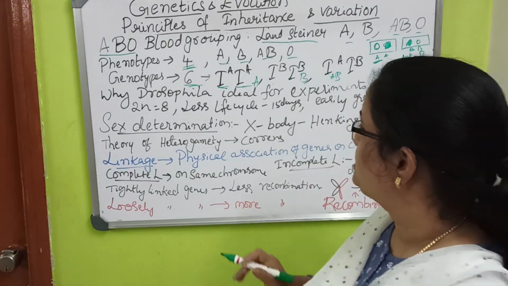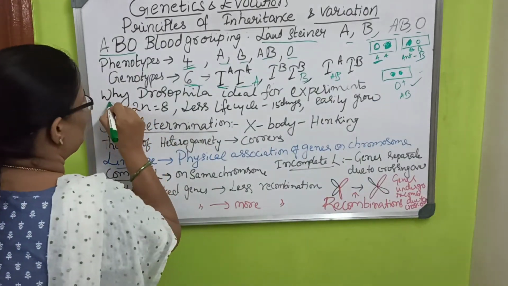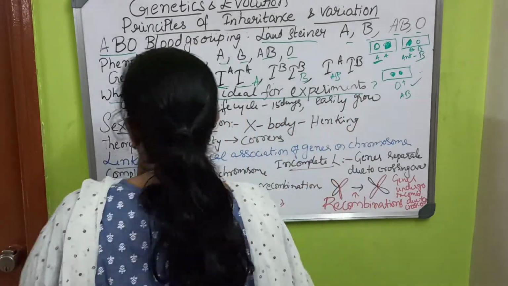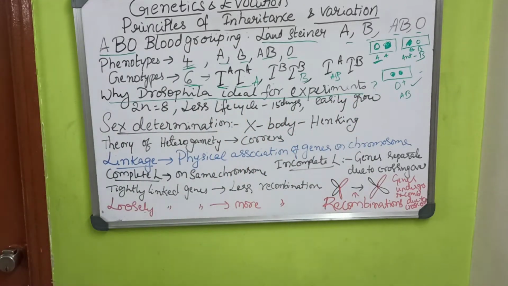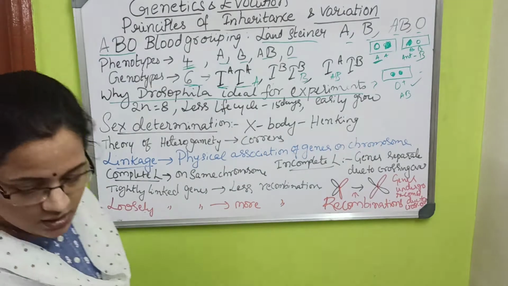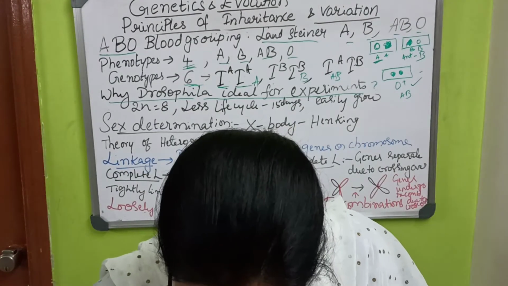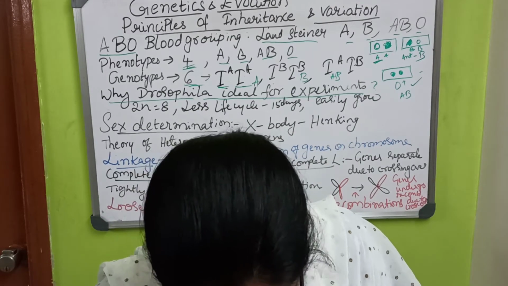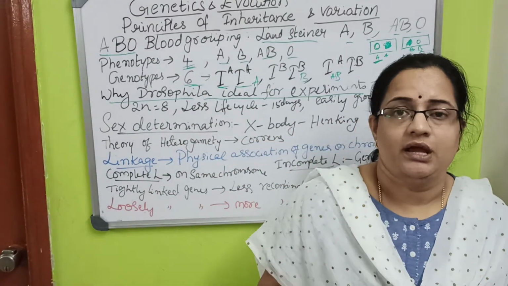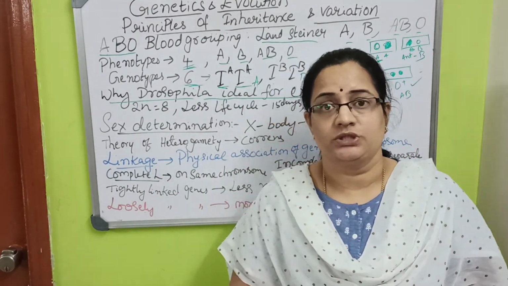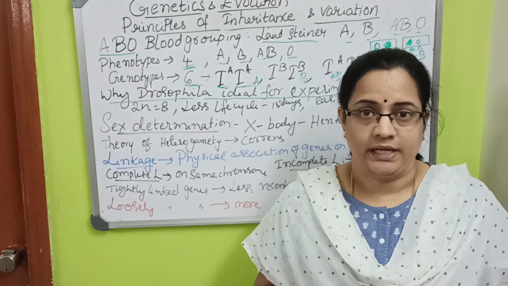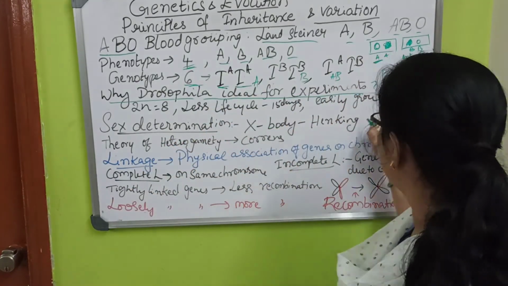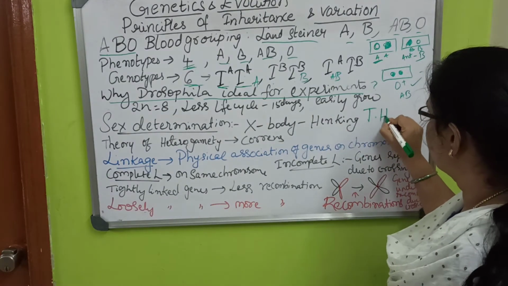The next part is why Drosophila is ideal for experiments. The next experiment was done on Drosophila: the chromosomal theory of inheritance was experimentally proved by T.H. Morgan. The chromosomal theory of inheritance was proposed by Sutton and Boveri, but it was experimentally proved by T.H. Morgan